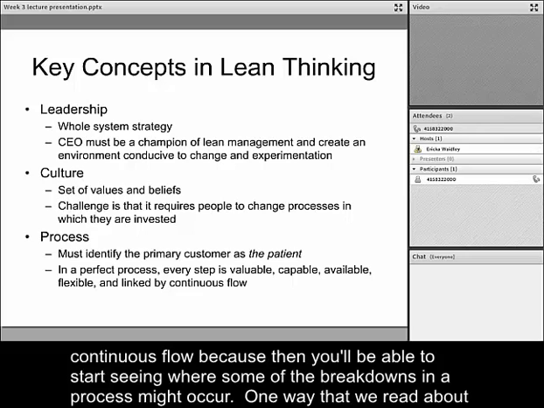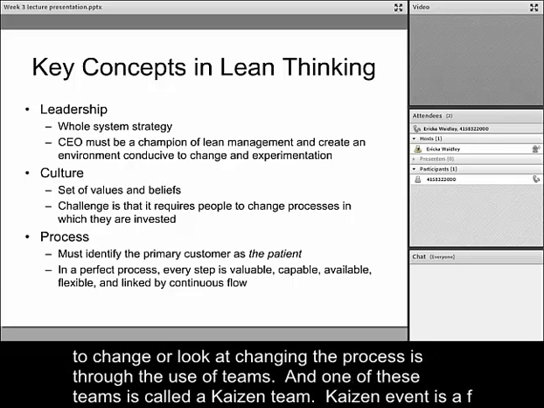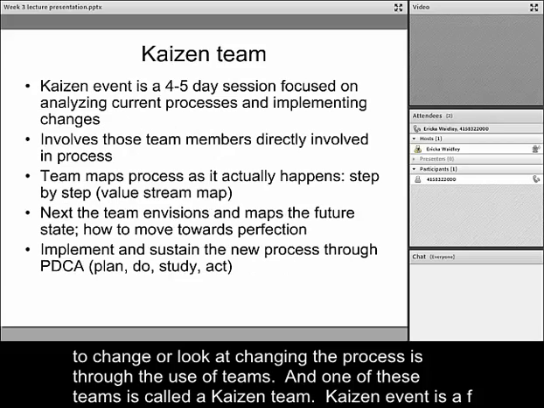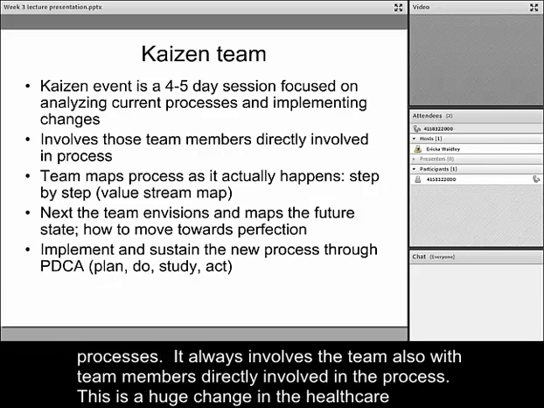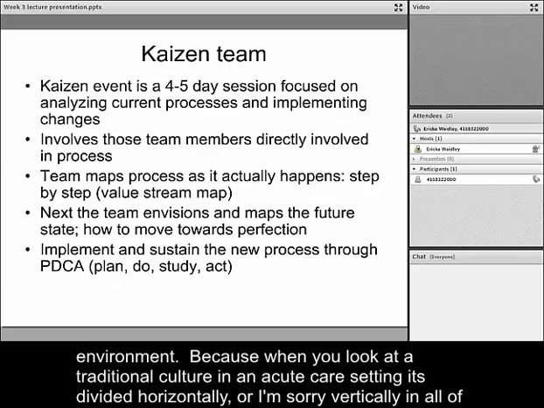One way that we read about to change or to look at changing a process is through the use of teams. And one of these teams is called a Kaizen team. A Kaizen event is a 4-day session focused on analyzing current processes and implementing changes. So Kaizen means change and looking at change in processes. It always involves those team members directly involved in the process. This is a huge change in the healthcare environment because when you look at a traditional culture in an acute care setting, it's divided